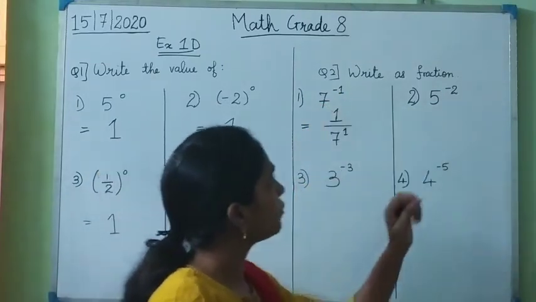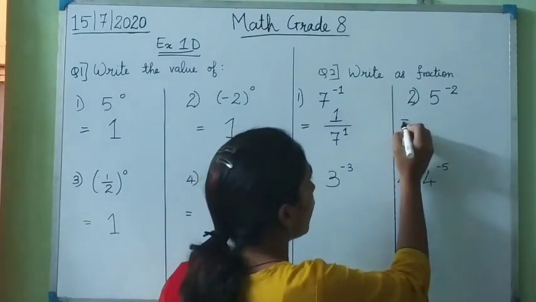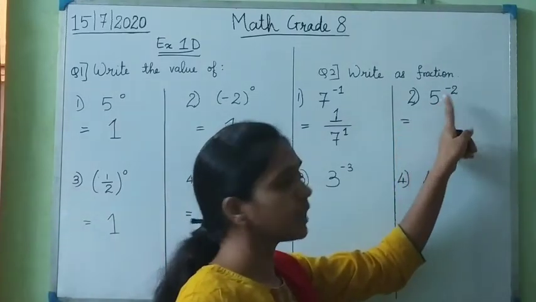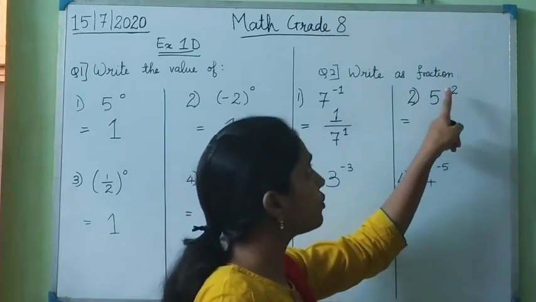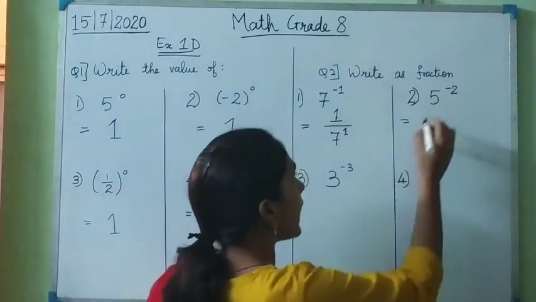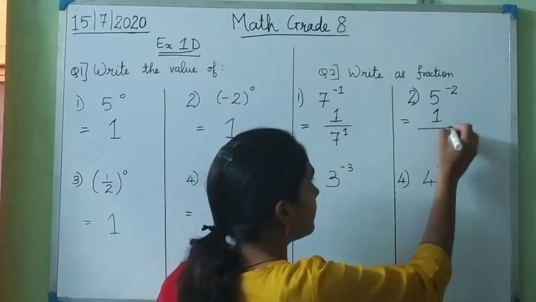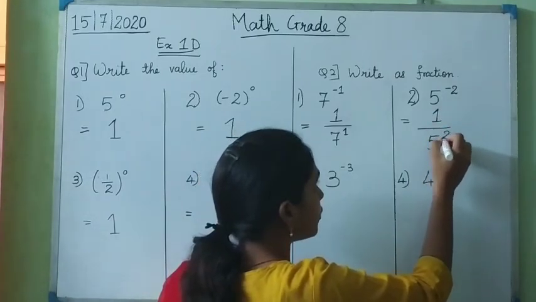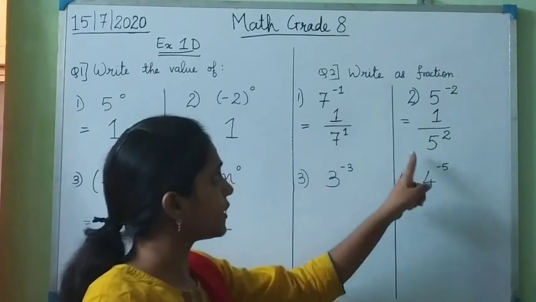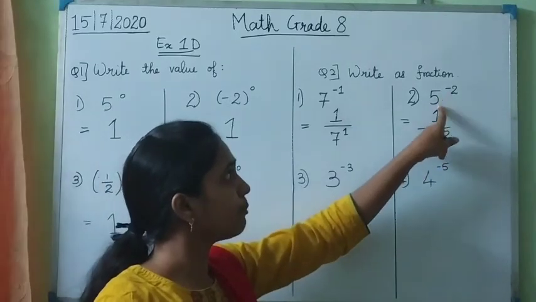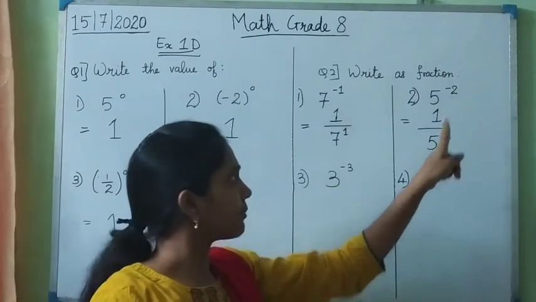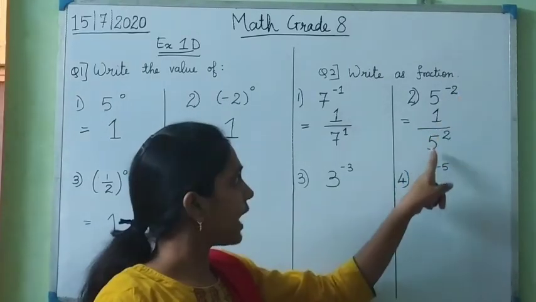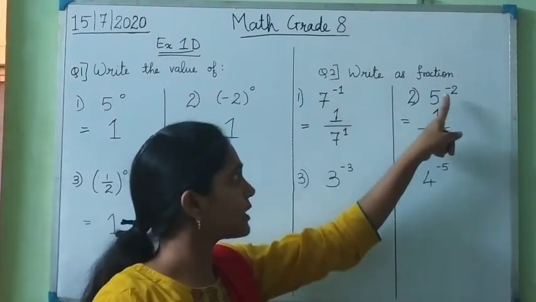Okay, so now the second one will also be what? The power of the number will remain the same. It will remain as it is, 2 only, but to omit the negative sign, we write 1 upon 5 raised to 2. Okay, so everyone has understood this, how we write a number which is raised to a negative power. The power of the number remains the same. In the question it was 2, in the answer also it is 2, only the negative sign has changed